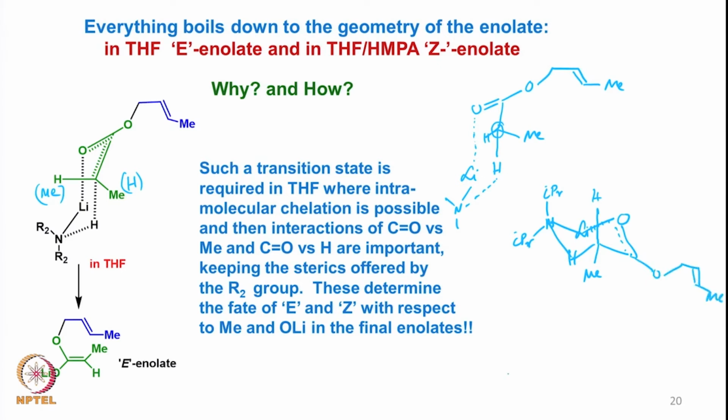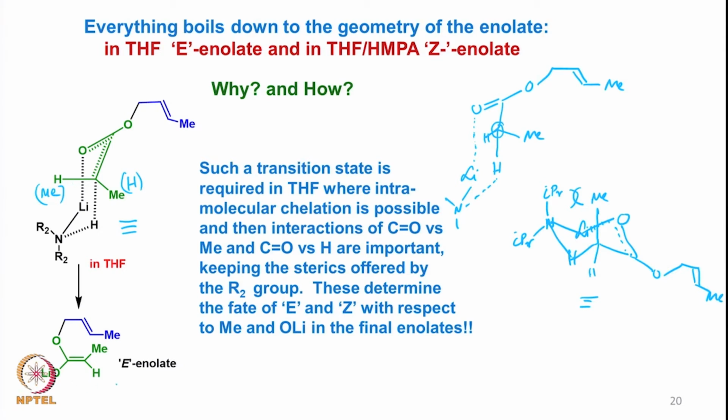So, this is the transition state, this is what I am referring to here. Now, as you can see, in this particular position, when the hydrogen is axial, there is not much steric hindrance. But if we try and put the methyl group here and the hydrogen here, then of course there will be steric hindrance. Therefore, this chelation, which allows the orientation of the hydrogen to be in this direction, leads to the formation